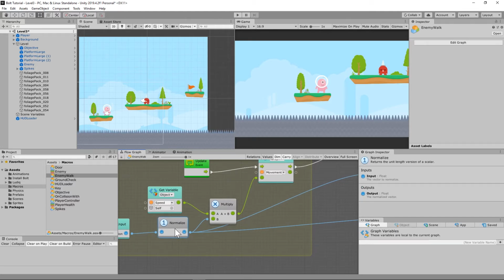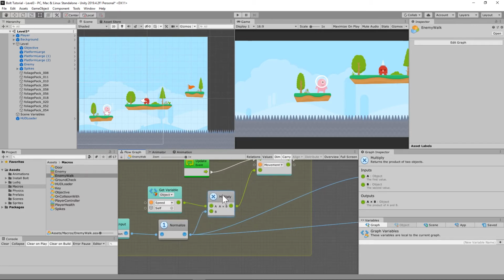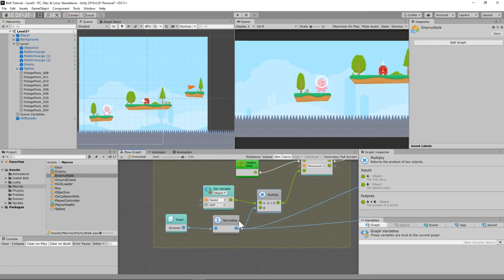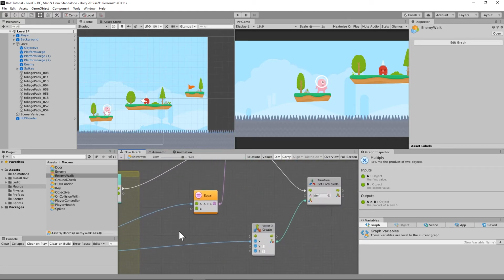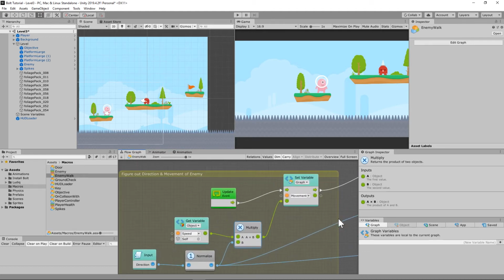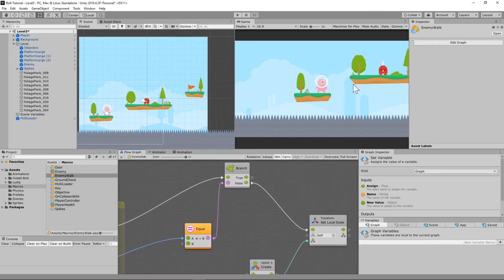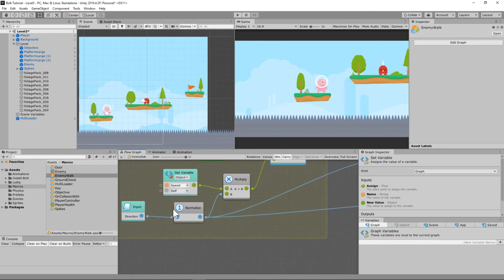just back to 1. So it's kind of like absolute, but if you remember, absolute made something always positive. It's an absolute number. The normalize keeps the positive or negative, but it resets the value to 1 no matter what. So whatever direction it's going, however fast it's going, it's going to reset it to 1 so that it multiplies against the speed, and then that movement is going